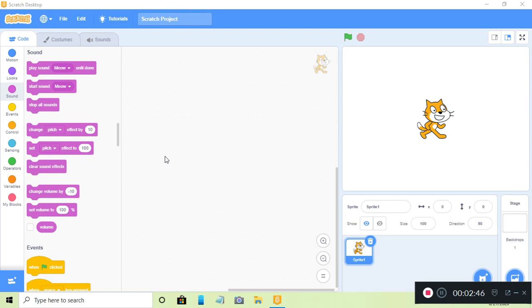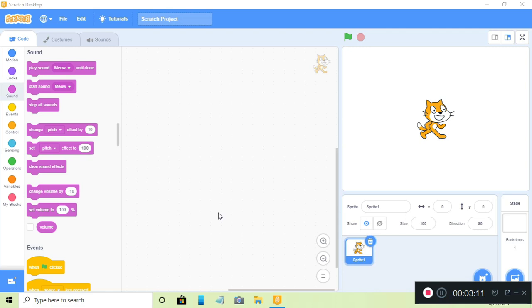This is the link for downloading Scratch on your device. We can use this software online in any web browser by only going to this link, that is www.scratch.mit.edu.